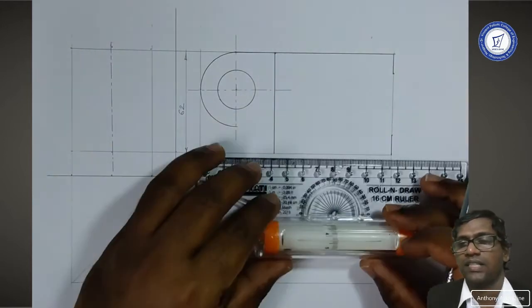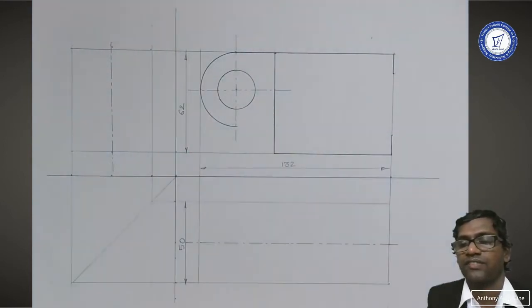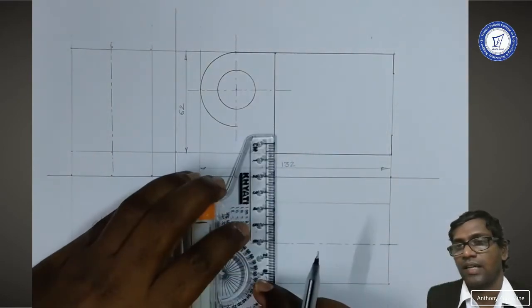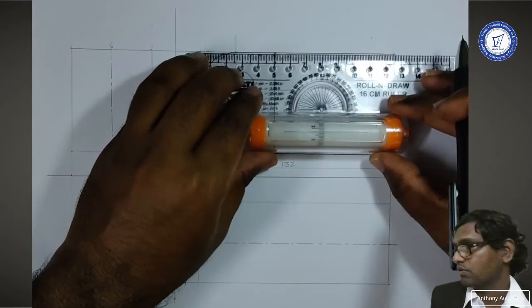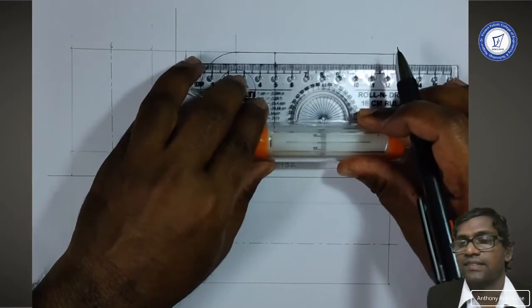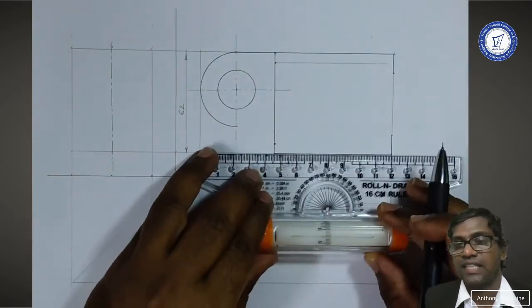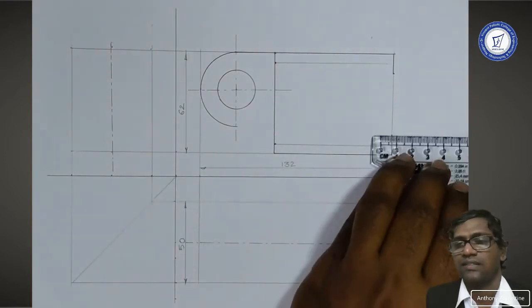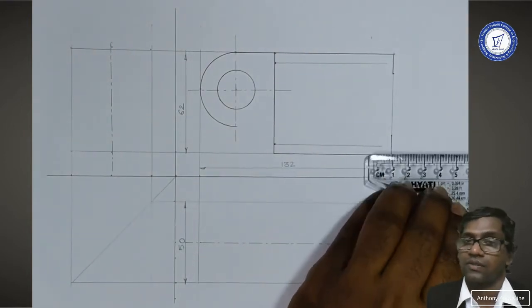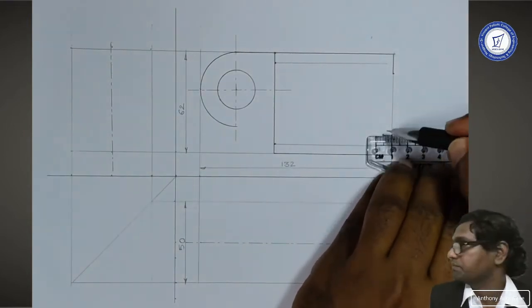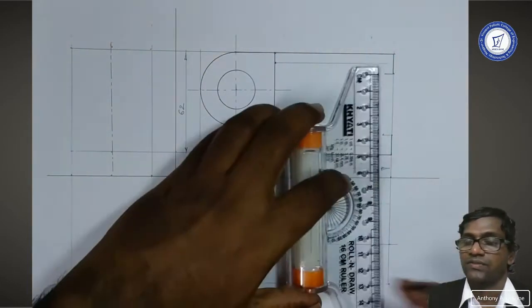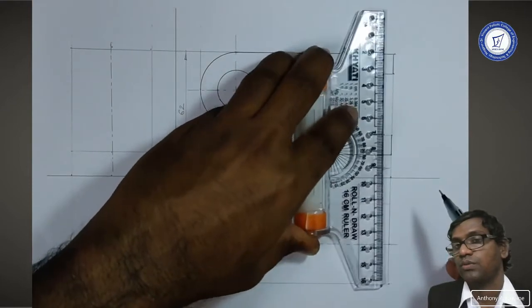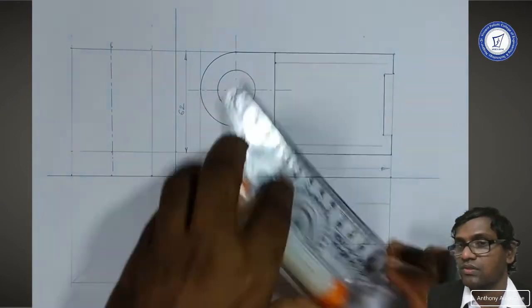So this is a vertical edge at a distance of 25 from the center, and now the inner walls need to be drawn. 6 mm thickness is there, so I draw the inner faint lines, construction lines, and now move on to the outline. As per the prerequisite of this video, I hope you would be able to complete the orthographic views.